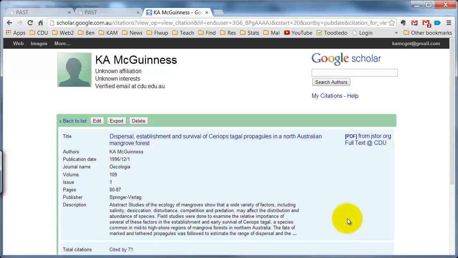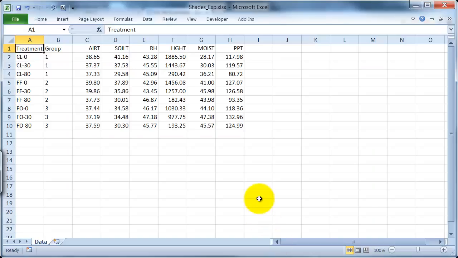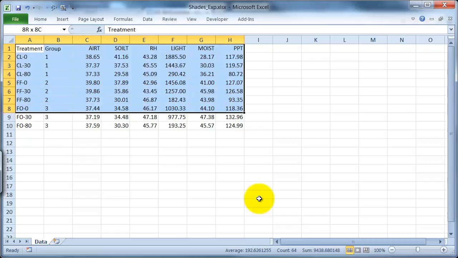And that work is published here in this manuscript. I will say that the species is no longer called Ceriops tagal, it's called Ceriops australis. There was a revision of the taxonomy of this, and we refer to the seedlings as propagules because they're different from ordinary seeds. Okay, in the old days of PAST, we would select the